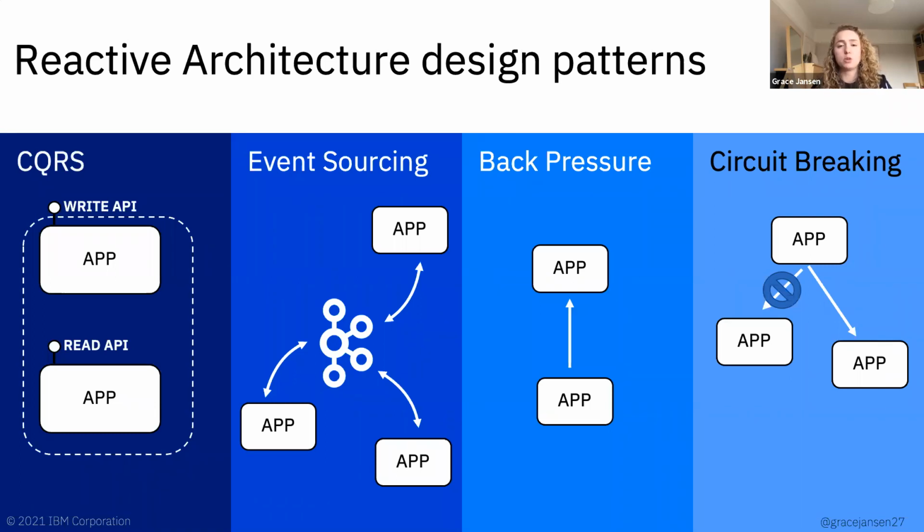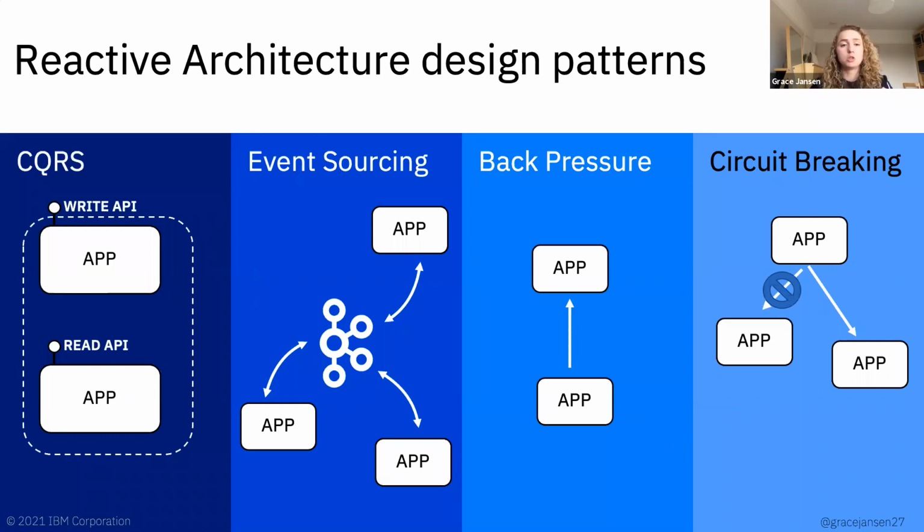And then circuit breaking. Circuit breaking is a similar concept of trying to protect over-exhausted resources. It's where an upstream component is able to temporarily put a block on requests going to a downstream component if that component is under stress or load and essentially needs time to get through those processes and recover. So it puts a temporary block on it, and then once that downstream application or service is back up and running, it can reinstate that route. These are some of the commonly used ones, but if you Google reactive architecture design patterns, you'll find many, many more.